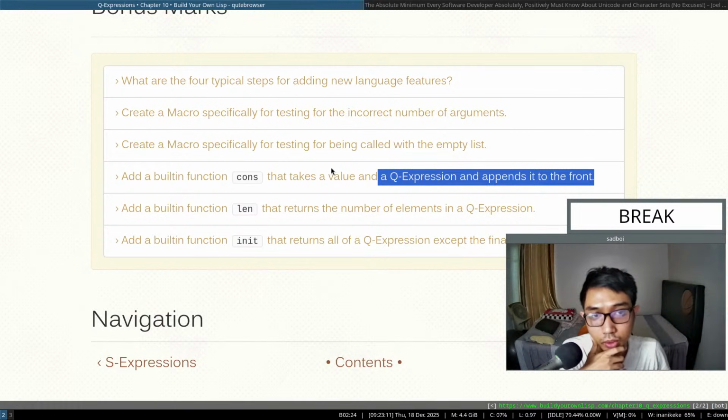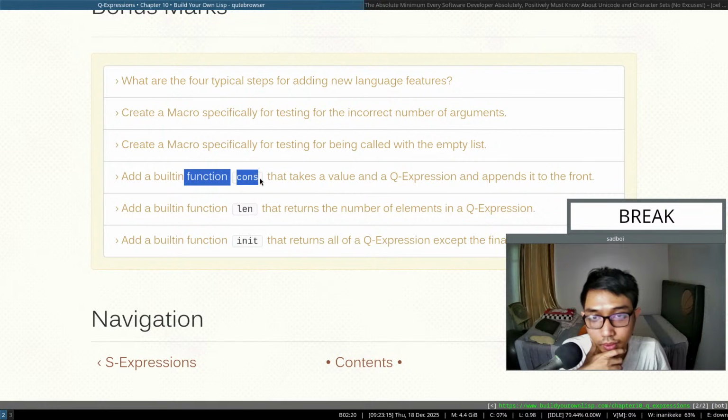What is the input for this function? What is the expected input for this built-in function? For length,